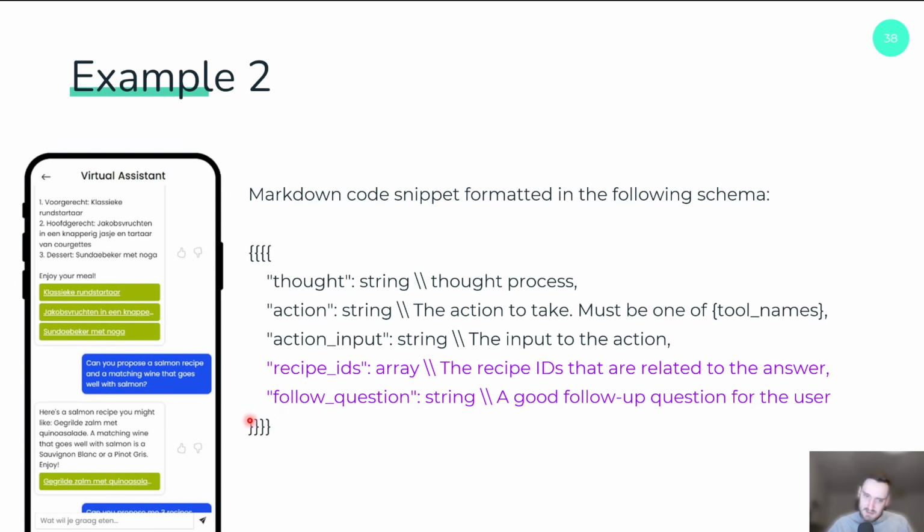And then for fun, I also added a follow-up question, like the thing you see in Teams, for example, where you have some next answers that you might want to say in your conversation. Well, you can do that with GPT as well, by saying, all right, not only give me the recipe IDs, the action input, the action, and the thought, but also give me a potential follow-up question that the user might ask. So yeah, I know this is a little bit abstract, but